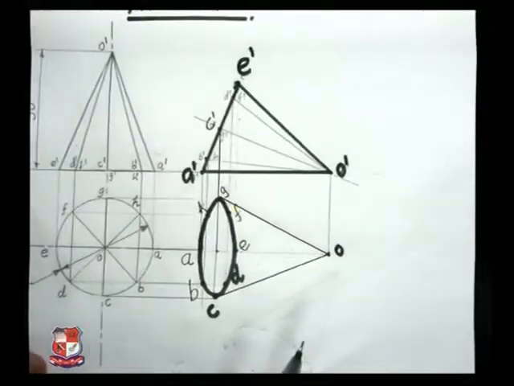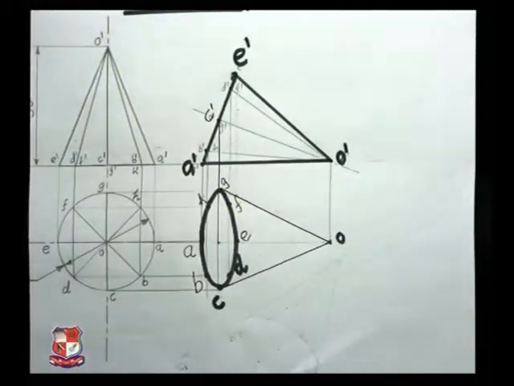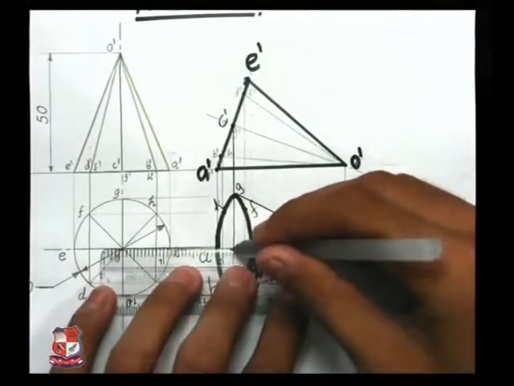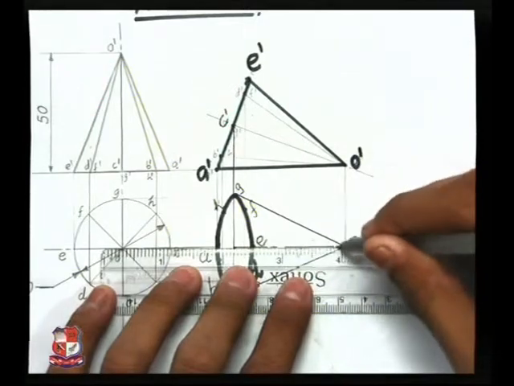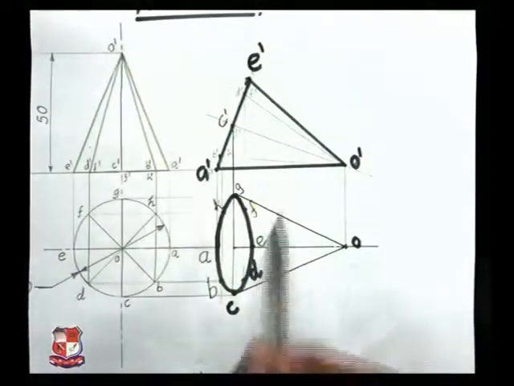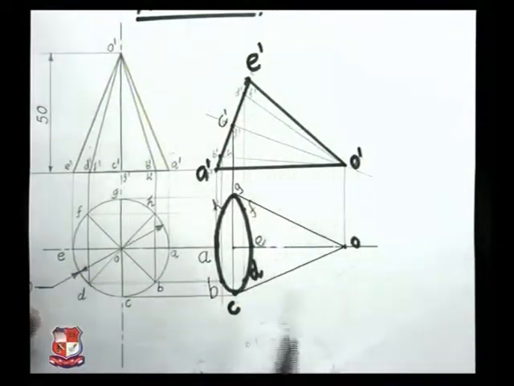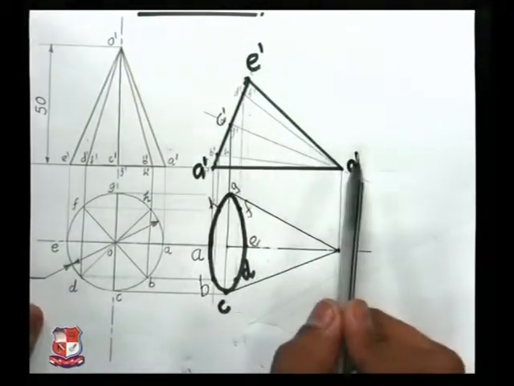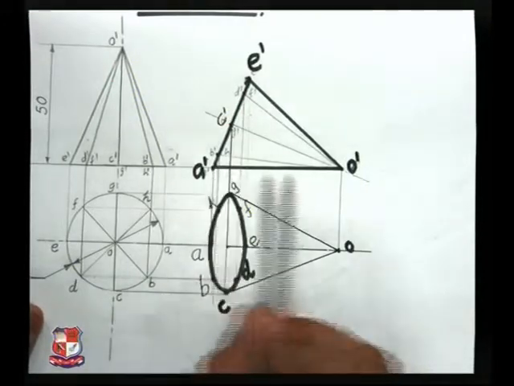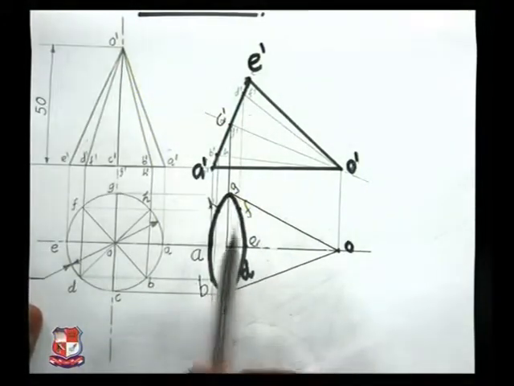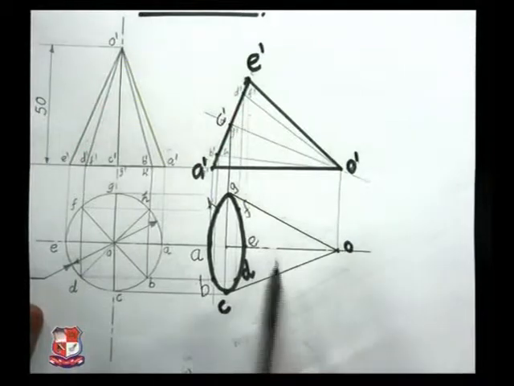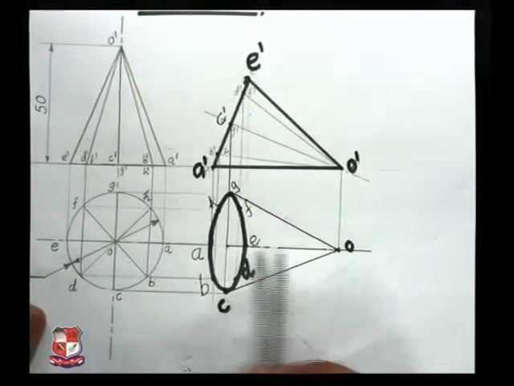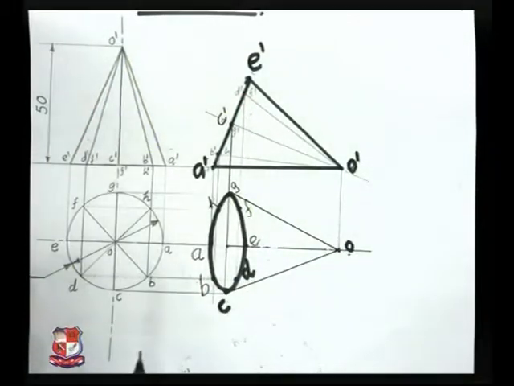After drawing this, our next objective is to draw the position of this generator with respect to the vertical plane. This is the axis of the cone, and in this condition, this O-A' generator is on HP, which means the cone is lying on the O-A' generator. The angle between the generator on which the cone is lying, that is OA, and the vertical plane is 0 degrees. Means OA and the XY line are parallel to each other. This is OA, this is the XY line. Both are parallel to each other.